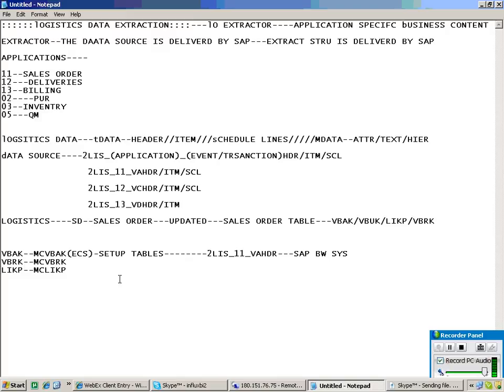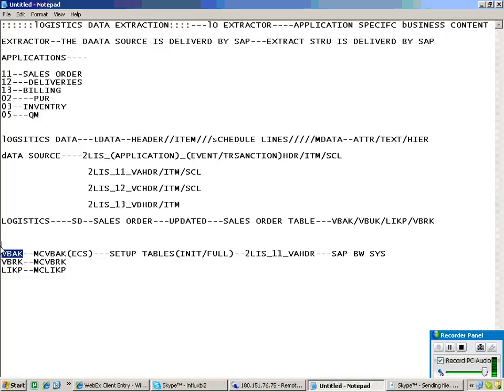Since we cannot touch the standard table data, we are filling data to the setup table. This is used only for installation or full upload. Setup tables are used only for full or installation, nothing more than that. Getting my point?